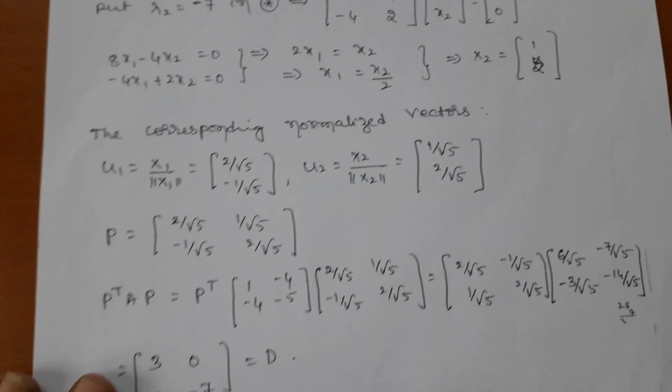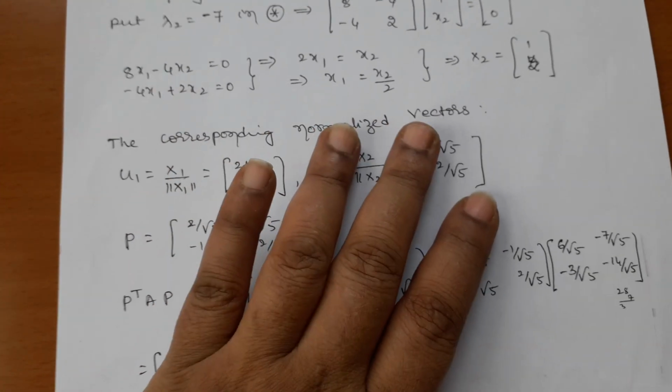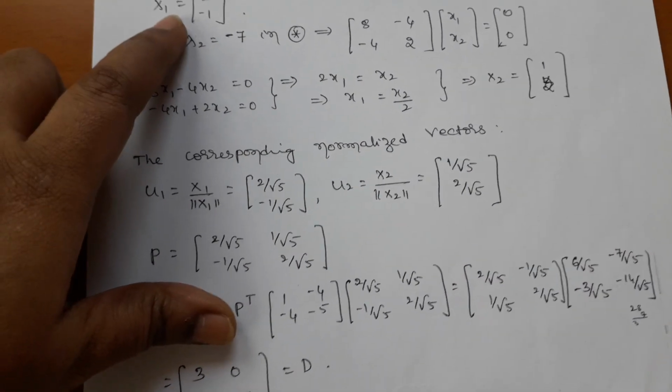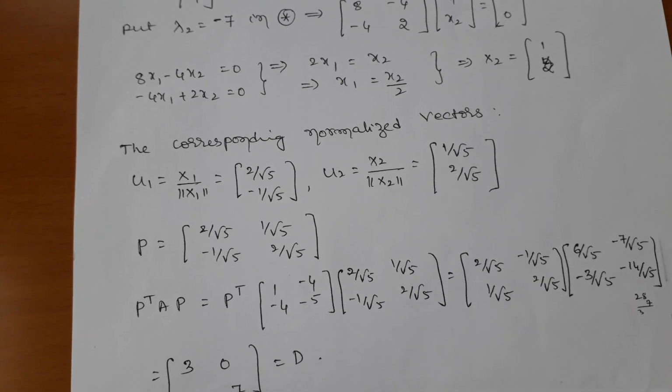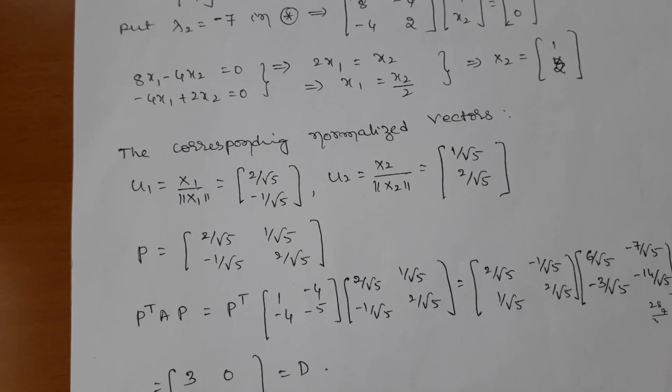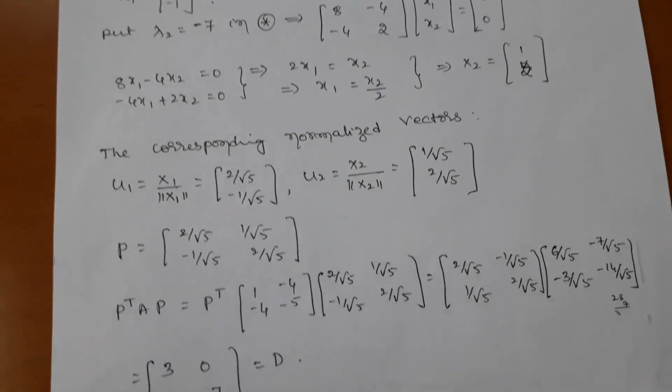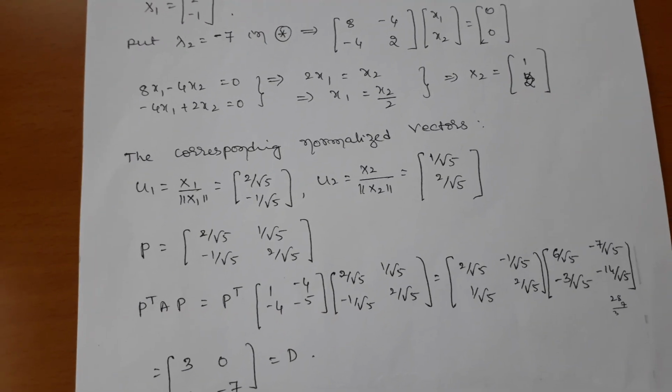Now I have to normalize the vectors. I have not done that part yet, because before normalizing I have to know whether these two vectors are orthogonal or not. Verify the inner product of x1 comma x2. Definitely we get 0. I am explaining this for the students, because you may already know that.